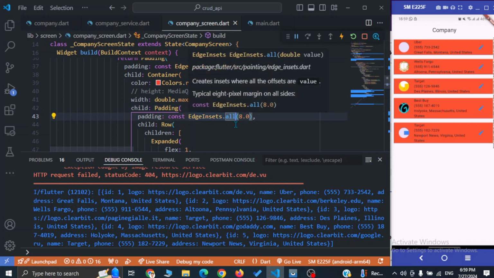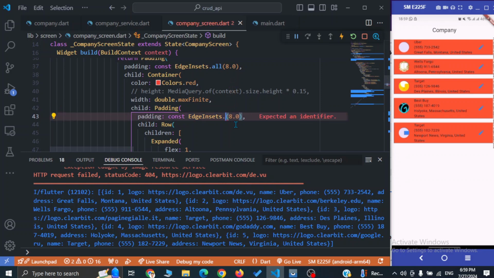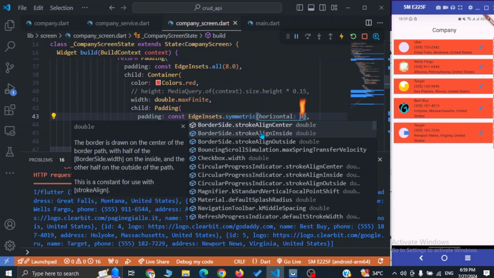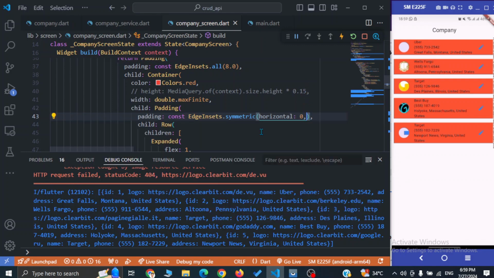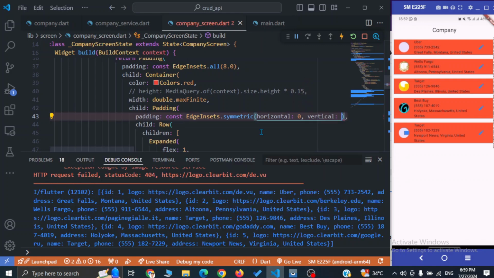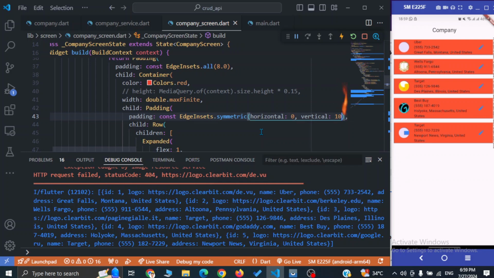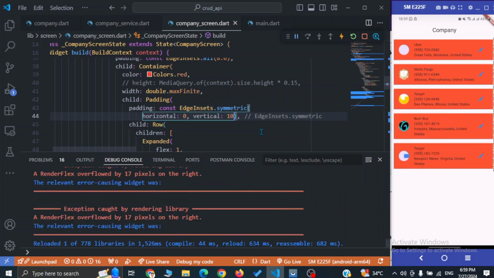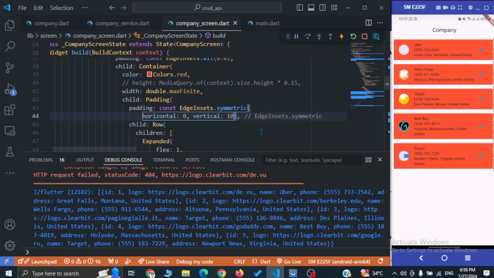So we are going to use EdgeInsets.symmetric, and for horizontal we don't need, so we can go with 0, and for vertical let's go with 10. Now you can see we have a little bit more space around, so let's change it to 15,